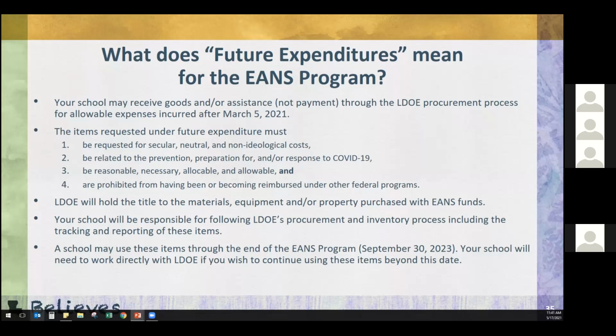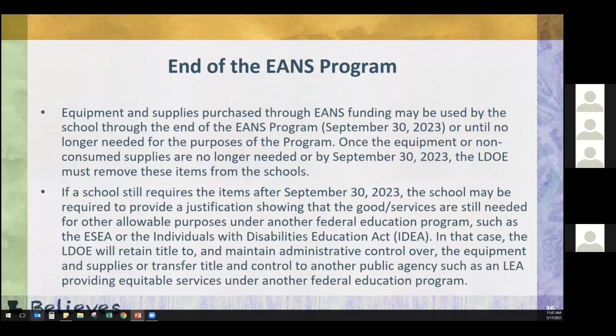So what do we keep saying? What do we mean when we keep saying end of the EANS program? So equipment and supplies that are purchased through EANS funding can be used through the end of the program, September 30th, 2023, or until no longer needed for the purposes of the program. So once the equipment or non-consumed supplies are no longer needed, or by September 30th, LDOE must remove these items from the schools. They have to remove the items from the schools as soon as they're no longer needed, or by September 30th,